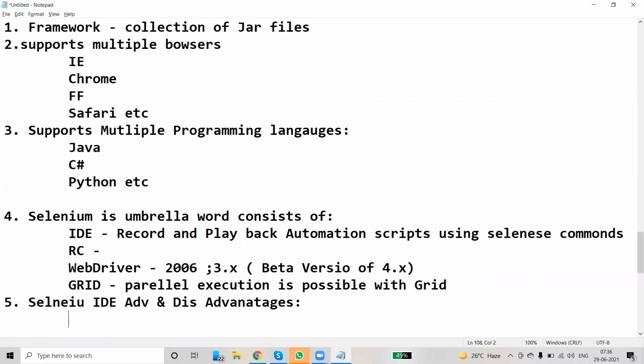WebDriver controls the browser by communicating with it directly, which is its advantage.